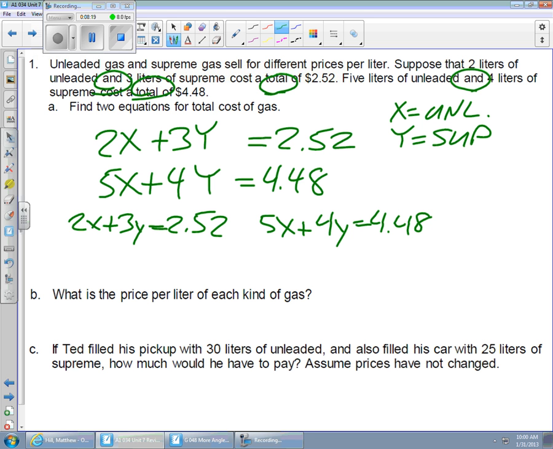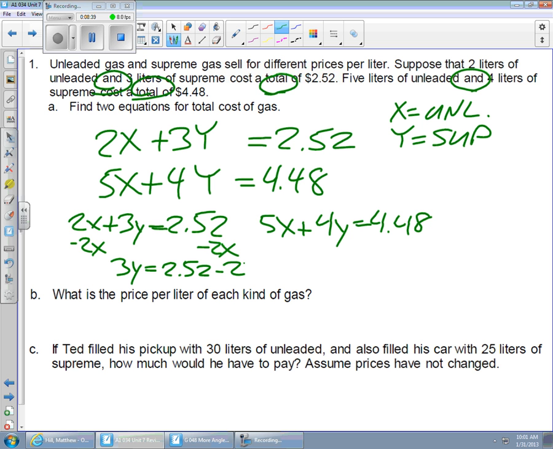Subtract them, right? The 2x is the lead term of its side of the expression. That means whatever its sign is, that's what its operation is. If it's a positive 2x, that's an addition problem. The opposite of addition would be subtraction. So I'm going to subtract 2x from both sides. That's going to give me 3y equals